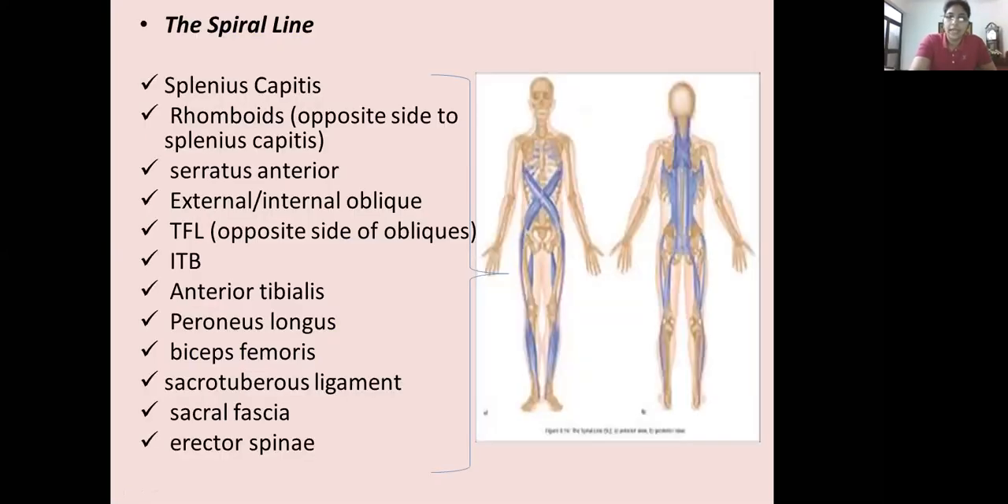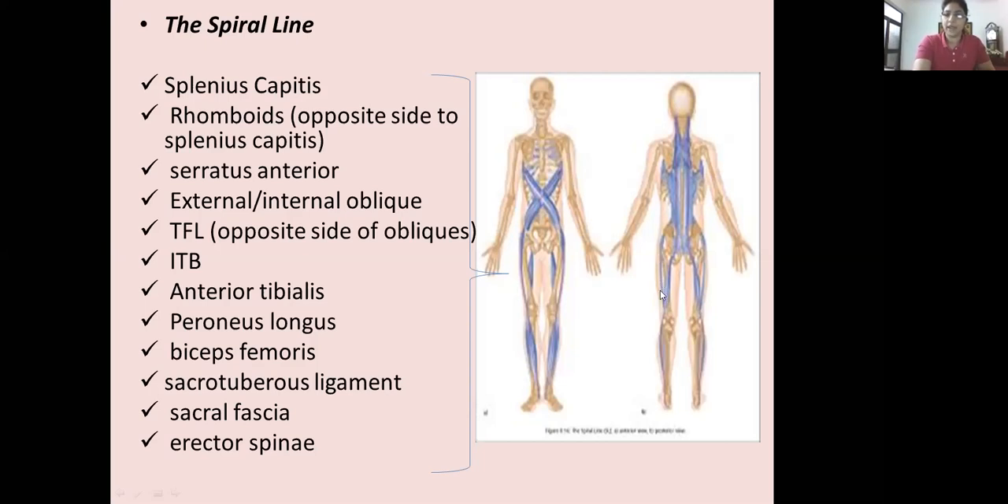Okay. Next is the spiral line. In this spiral line, we have a lot of muscles because it starts from the anterior side of the body, crosses the body, and then goes to the back of the body also. It starts, we think, on the opposite side, with splenius capitis in the neck, rhomboids of the opposite side crossing to the upper back, serratus anterior muscle, external and internal oblique, next is the TFL side,